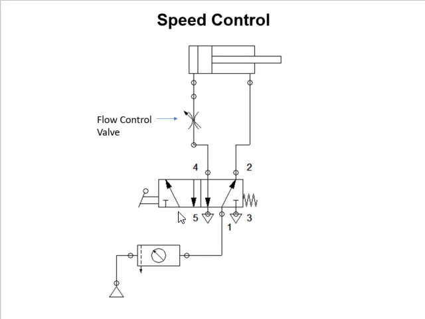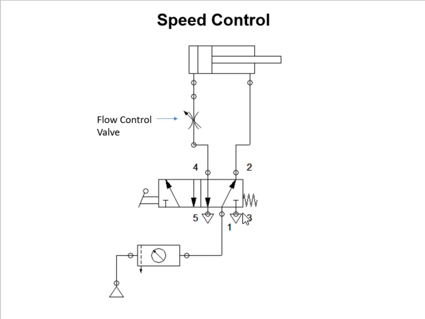Now when we shift the lever, the DC valve will change its position to the first position. Now the pressure port 1 will get connected to 4 and it will pass the fluid through the flow control valve to the cap end side of the actuator. Since the fluid is passing through the flow control valve, it will provide a controlled flow to the cap end side of the actuator, and as the flow rate is controlled, the speed of the actuator also will get controlled. The air or the fluid which is present on the rod end side will come out through this port and will pass through port number 2 and then to the exhaust.